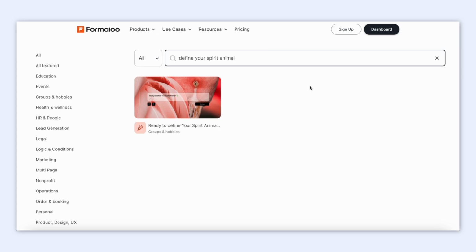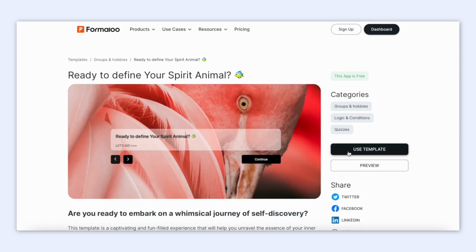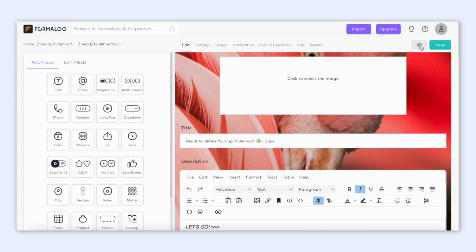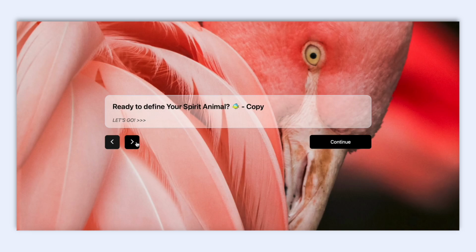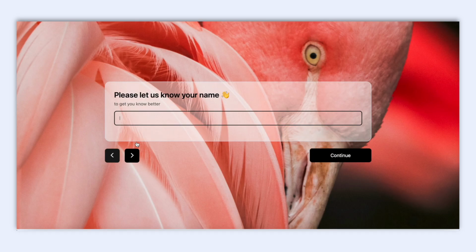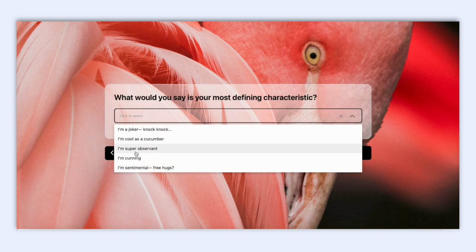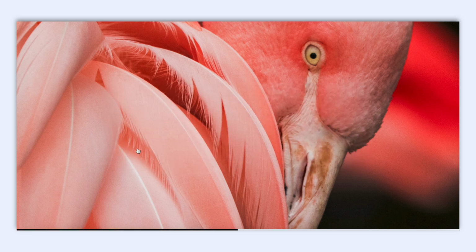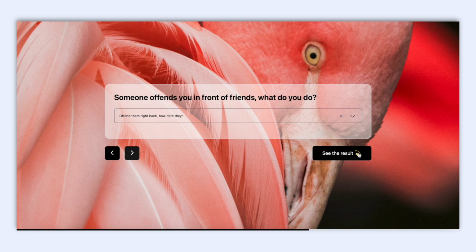So let's use this template as an example. We are creating an engagement quiz, how to define your spirit animal. Here's the structure of the quiz. A start screen, introduction, here we ask the name and email of the customer, questions for defining a spirit animal, test results,